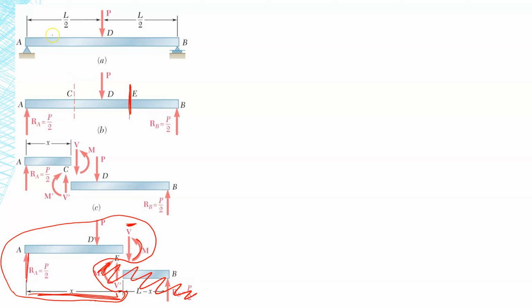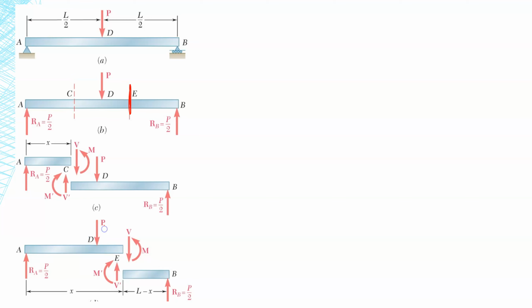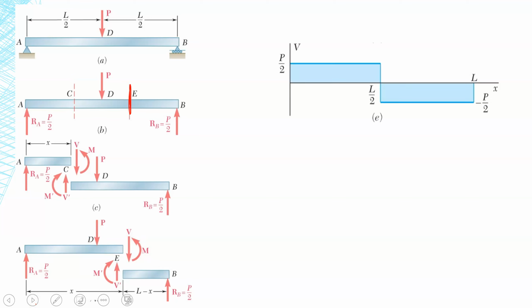So this time X is going to be between L over 2, which is the point D, all the way up to L, which is the total length. So X is going to vary within those limits for this part. So for our bending moment, we'll have these distances. And now we have expressions for the shear force and the bending moment at any point through the beam. So now what we will do is go ahead and graph those out. So we found that the shear force between A and D